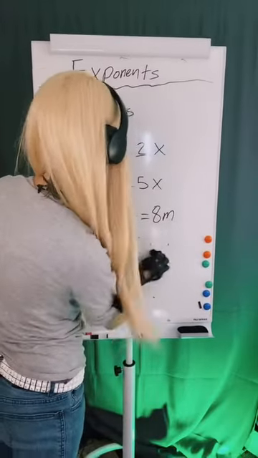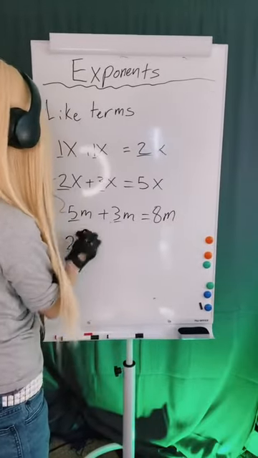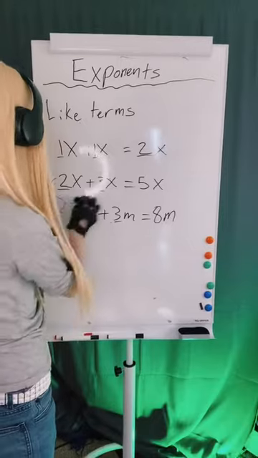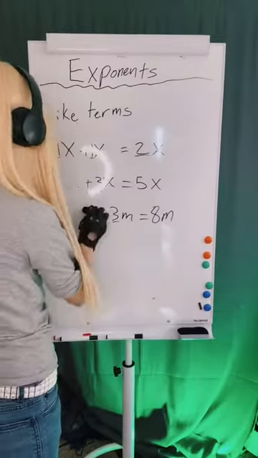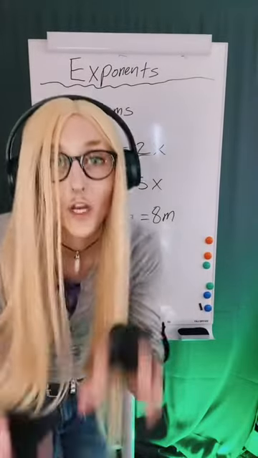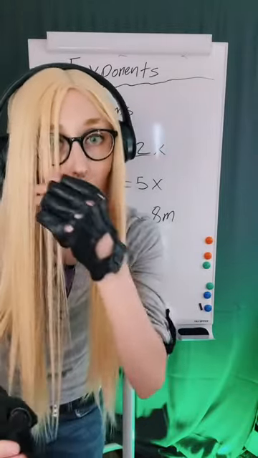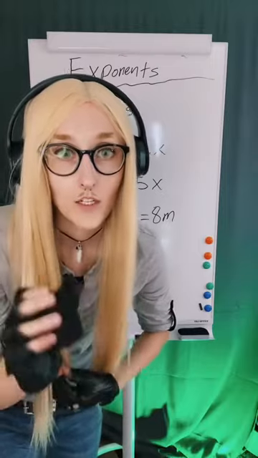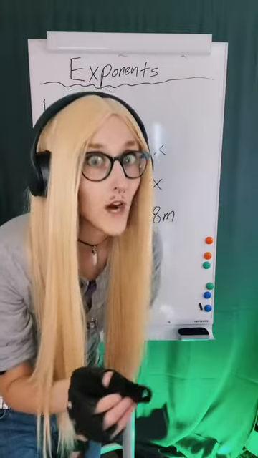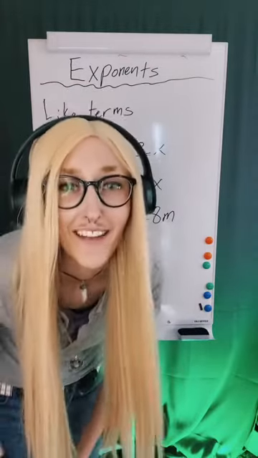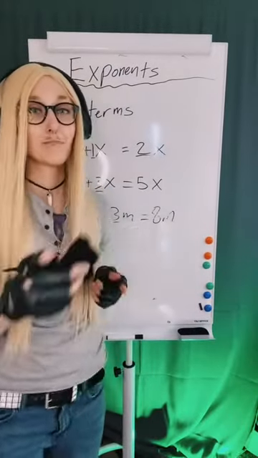All right, we're gonna try another one like that. And the reason why we're doing this is because it's gonna help when we start doing our exponent rules, because our exponent rules are based on the idea of like terms. And I always say we need to know where something comes from to understand what it is. Because if we don't understand why we're doing it, what's the point of knowing it?